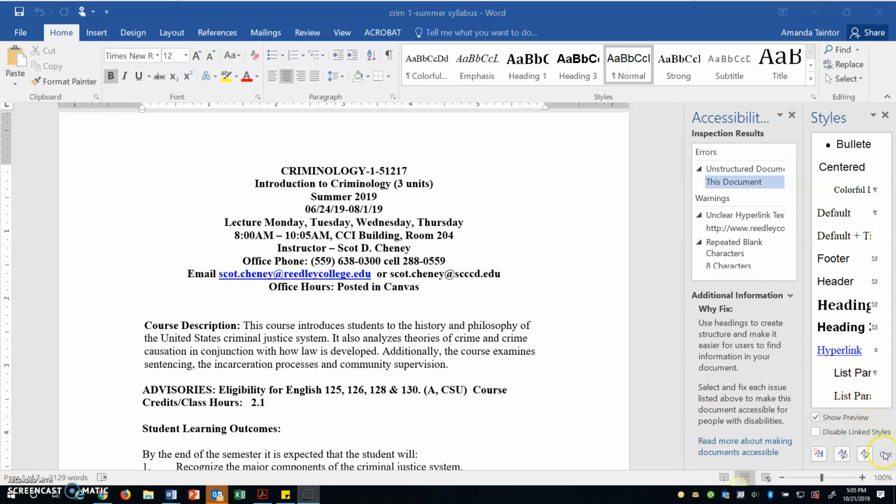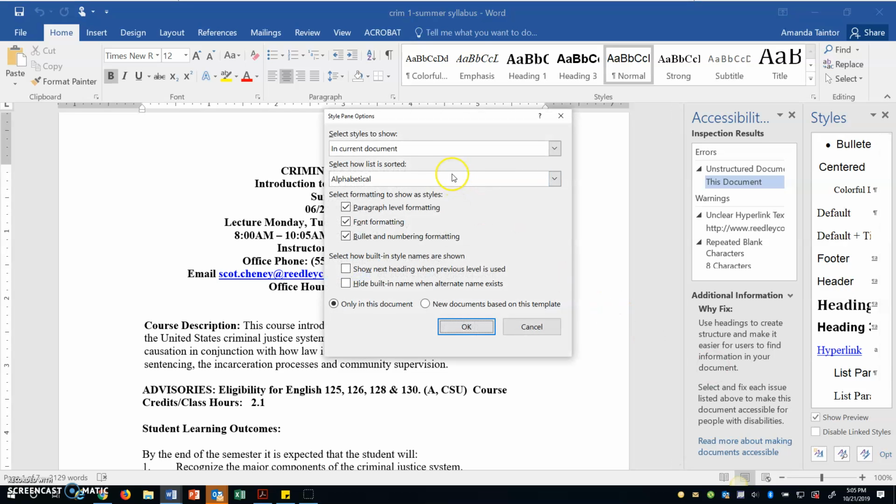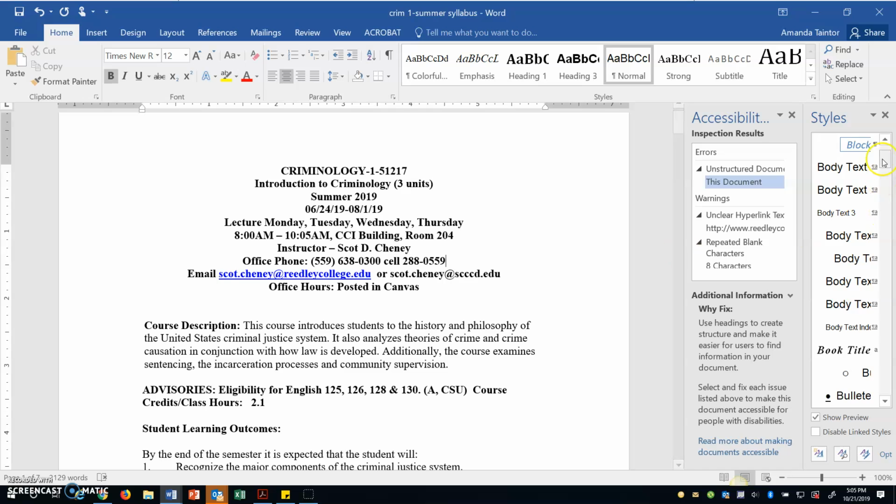So to get all of them, I click on this little options button right there. And another menu pops up, drop down, and then all styles. And then I choose new documents because I want it to remember what I'm using. Okay. Now you can see right here I have a lot more options, and I'm just going to click it